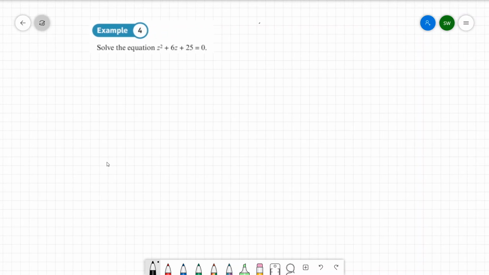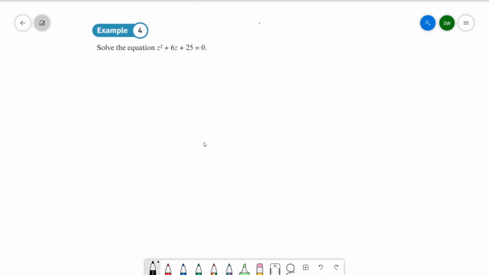We could also complete the square to solve this equation. So if we complete the square, let's write it in completed square form. So that could be written as z plus 3 all squared plus 16 equals 0. And now we've got it in completed square form, because we've got only one occurrence of z, we can try and rearrange this to get z on its own. So let's take over the 16 to the other side, take away 16 from both sides,